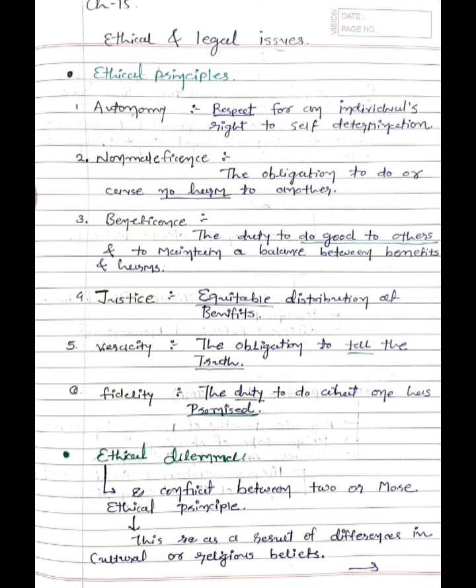Okay. The next one is ethical dilemma, that means conflict between two or more ethical principles. For example, remember that the patient has a seizure and is suffering from mental illness. If the patient becomes too rowdy at that time, to protect the other patients from that mentally ill rowdy patient, we are bound by responsibility to restrain him or her. But after some time, the patient suffering from seizure gets traumatized, and at that time, this is an ethical dilemma. What should we do?